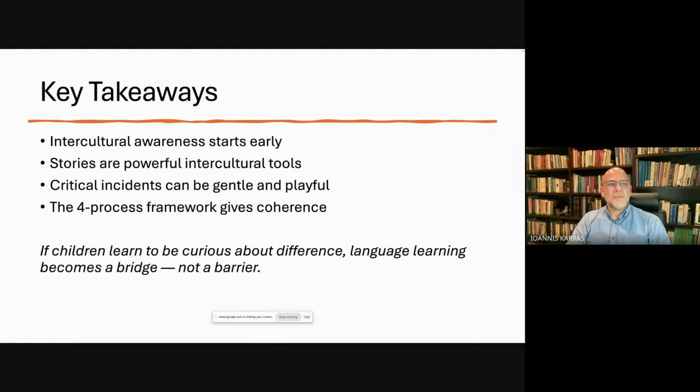These are just examples. So, approaching the end of my talk today, I'd like to give you some key takeaways. Intercultural awareness starts early, or at least it should start early. Stories are powerful intercultural tools. Critical incidents can be gentle and playful if we use them in an appropriate way. And keep in mind the 4-process framework, because it can help you give coherence and substance to your teaching. If children learn to be curious about difference, language learning becomes a bridge and not a barrier,